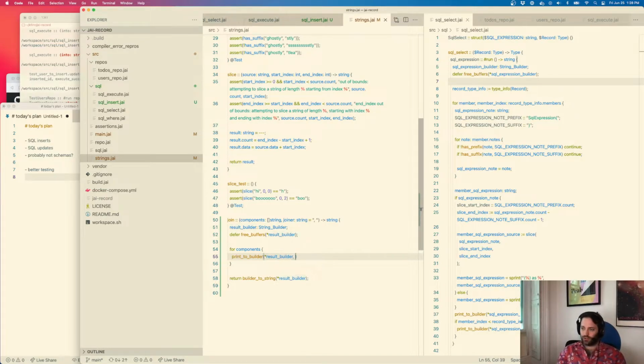Print out each one, and then if the index is less than components,